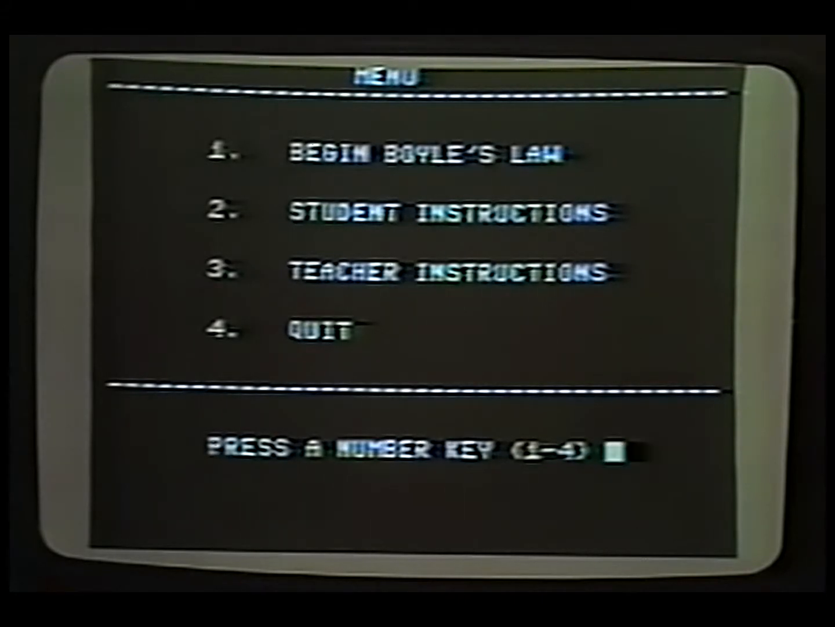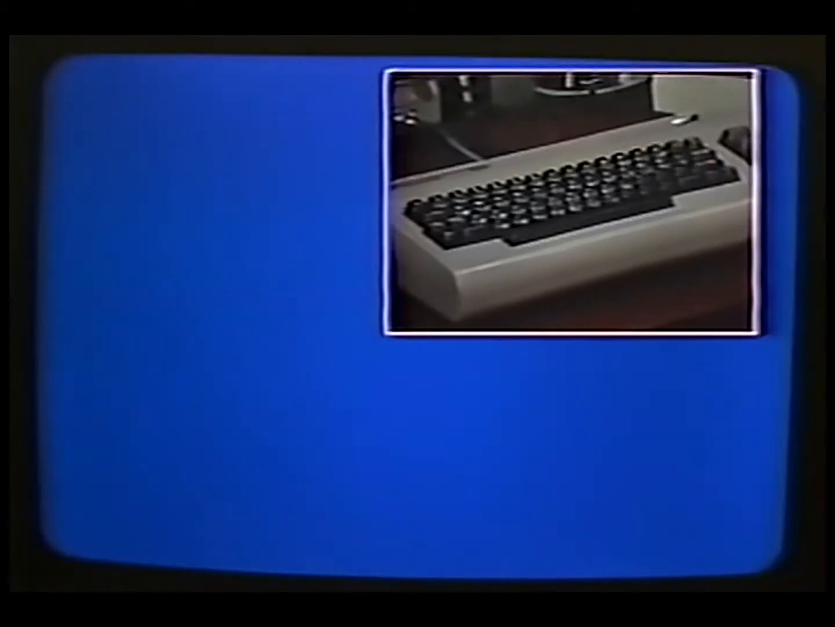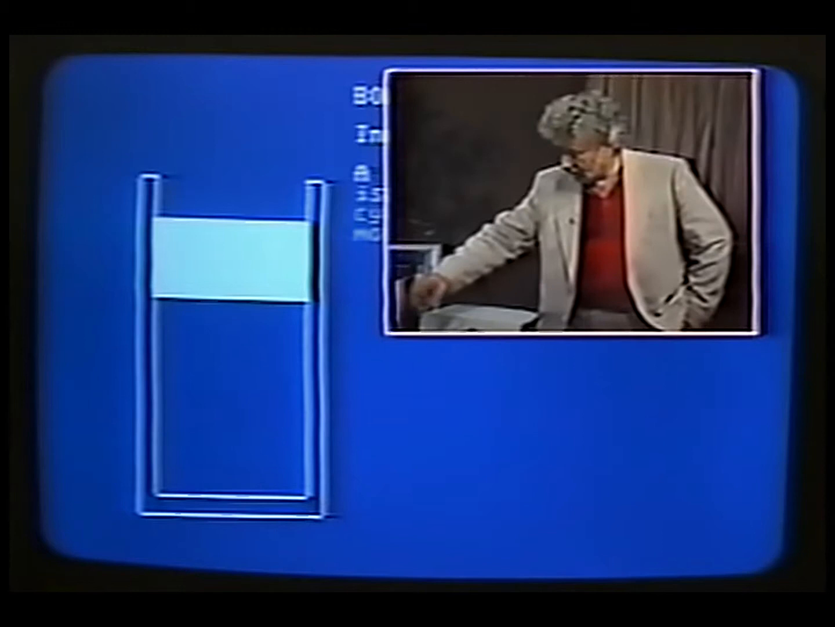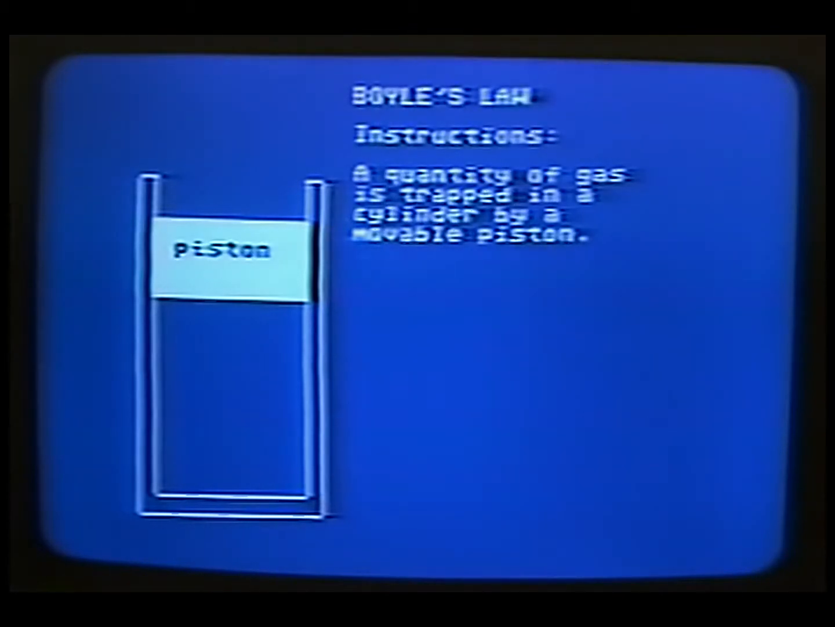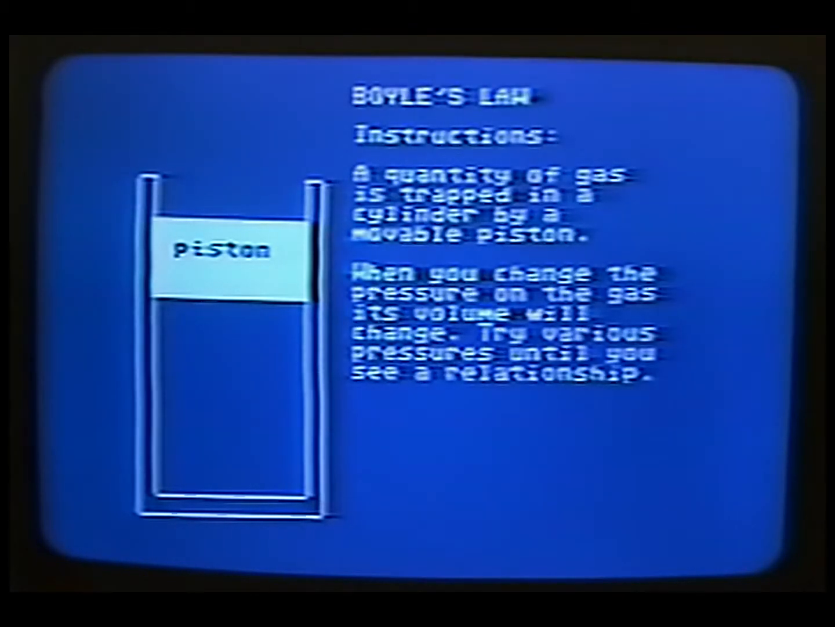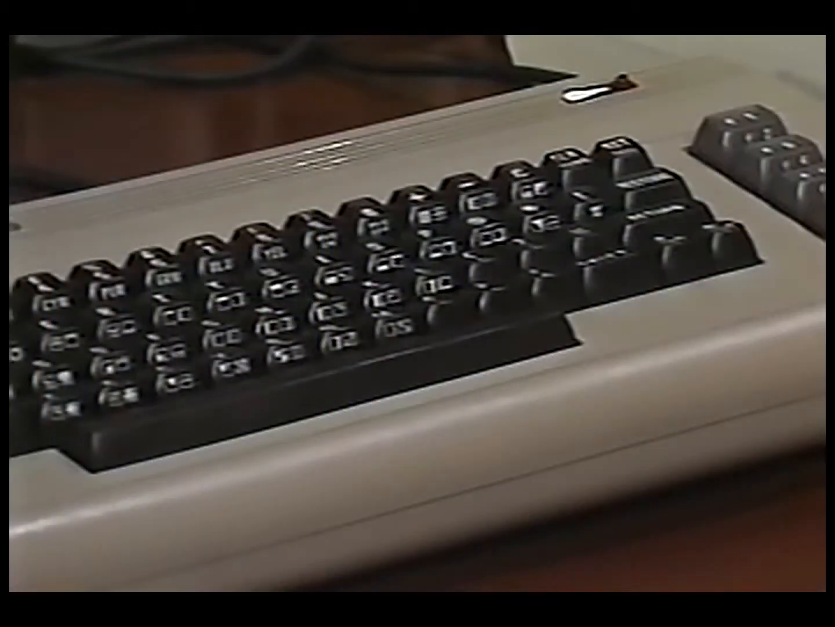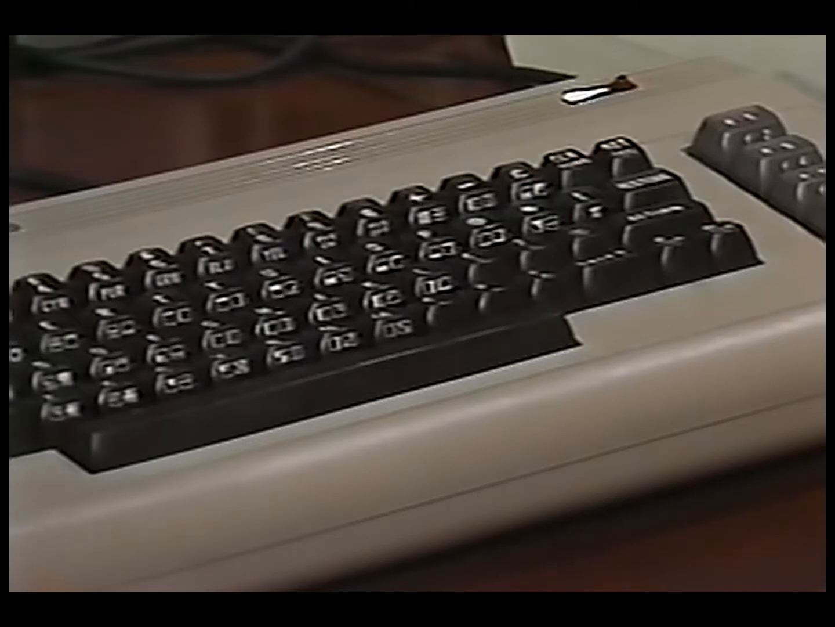So this has to do with gas pressure, and we'll press the 1 key, and the computer draws a little picture of an amount of air trapped by a piston, okay? It gives us instructions, tells us what we want to do, and asks us what we want to do next. We'll press the space bar, it will ask us to set the pressure, but for the moment, we don't want